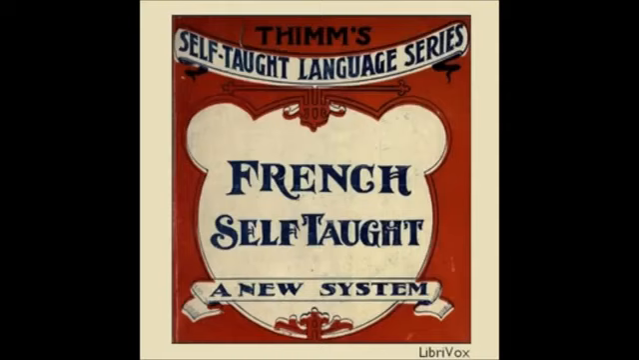Past anterior. I had had, j'eus eu; thou hadst had, tu eus eu; he had had, il eut eu; we had had, nous eûmes eu; you had had, vous eûtes eu; they had had, ils eurent eu. Future. I shall have, j'aurai; thou shalt have, tu auras; he shall have, il aura; we shall